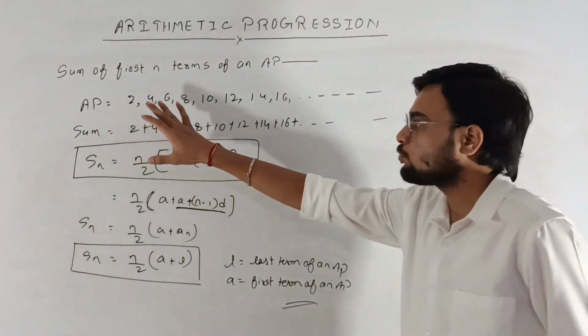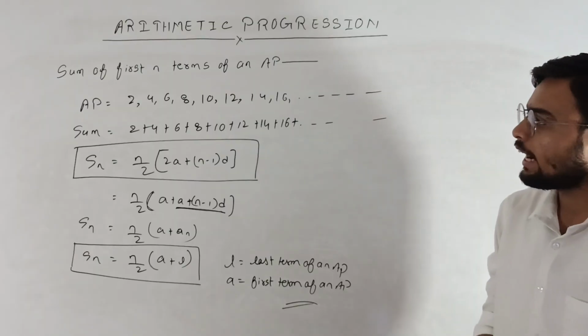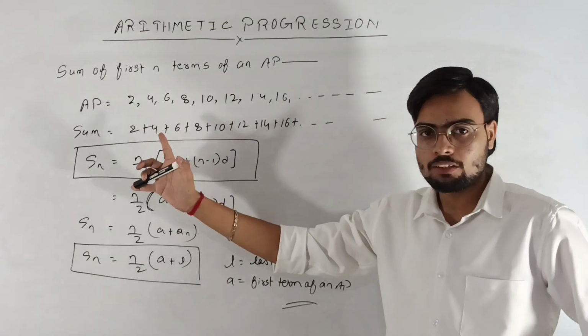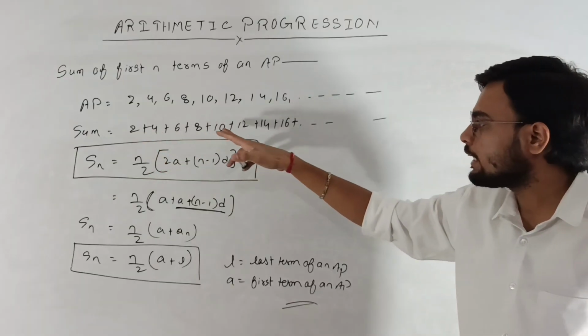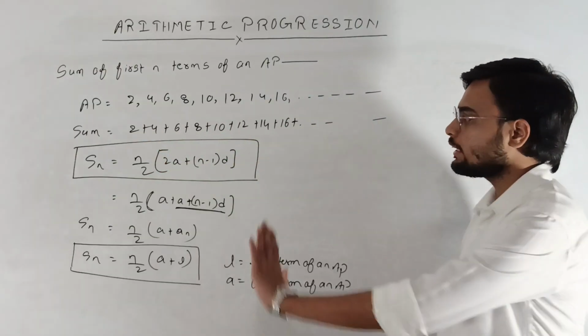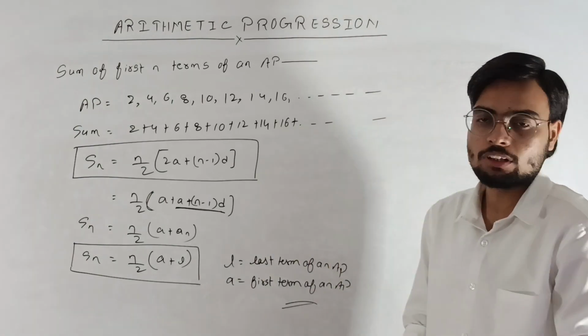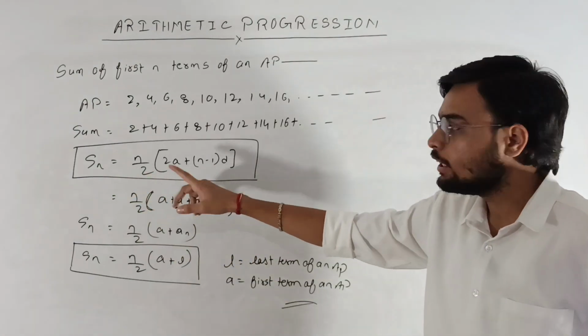Suppose I have an AP, this 2, 4, 6, 8, 10, 12, 14, 16, and so on. I have to find the sum of this AP. So in a simple way, I add 2 plus 4 plus 6 plus 8 plus 10 plus 12 plus 14 plus 16 and so on. Now, if I do it like this, I get some difficulties. So for this, in an easy way, I have a formula, that is Sn is equal to n upon 2, 2a plus n minus 1 into d,